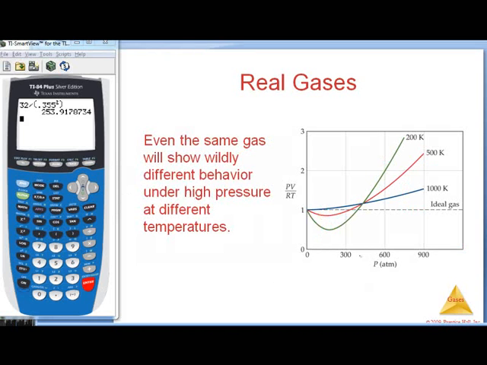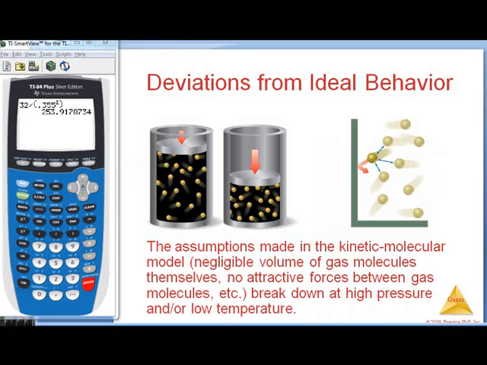So even a given gas, this is just one gas, at different temperatures behaves quite differently. So why is that? Well, the assumptions made in KMT are that there's negligible volume of gases between molecules. That starts to change if I put pressure on and bring them together, right? Now the volume they take up is less negligible, right? And the other thing that's different than what KMT says is in fact there is some attraction between gas molecules,